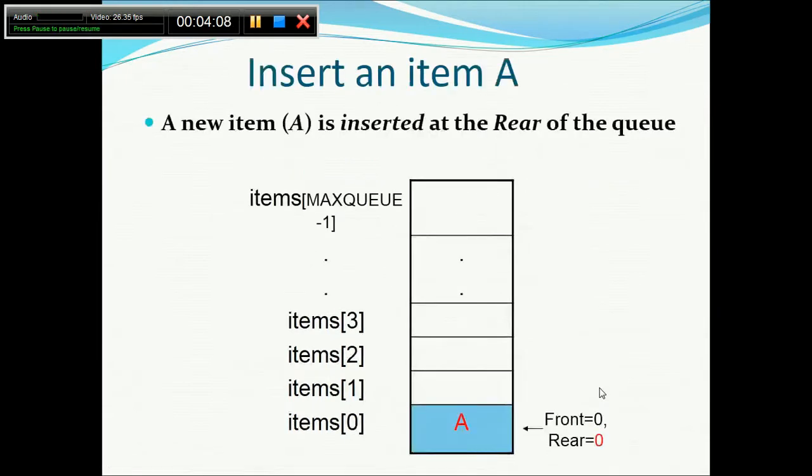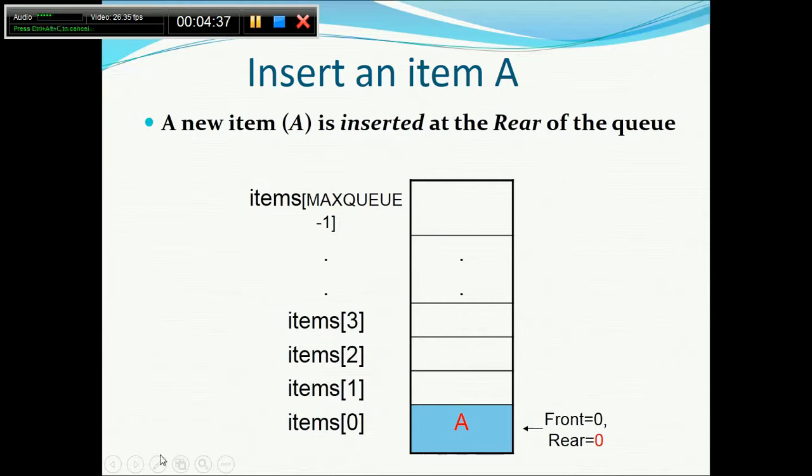Now if you want to insert an item, suppose you did not have any item, you are trying to insert it the first time, what could be the scenario? Both would be -1 at the beginning: front is equal to -1 and rear is equal to -1. Both will jump to 0, both will go to +1, and then you can insert. So that is the idea about the insertion for the first time.